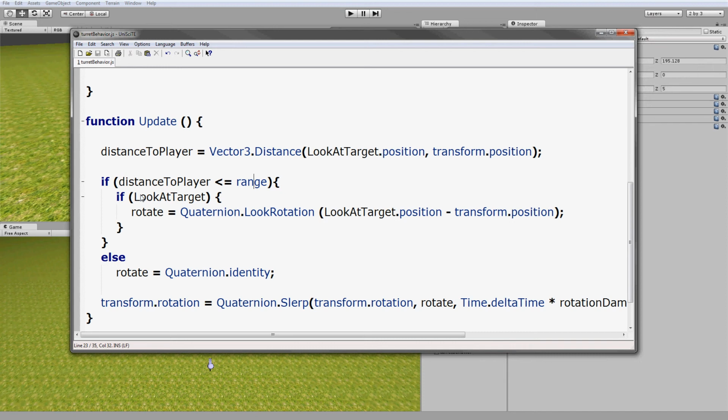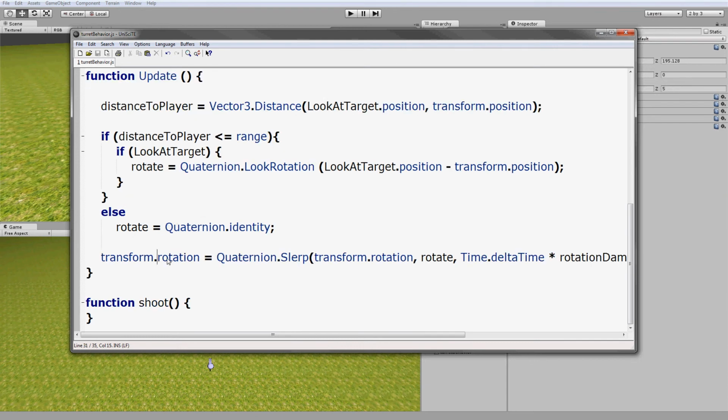This isn't the actual function, this is the functionality of it, but what you do here is you declare a function called rotate, and this basically uses the quaternion functionality,